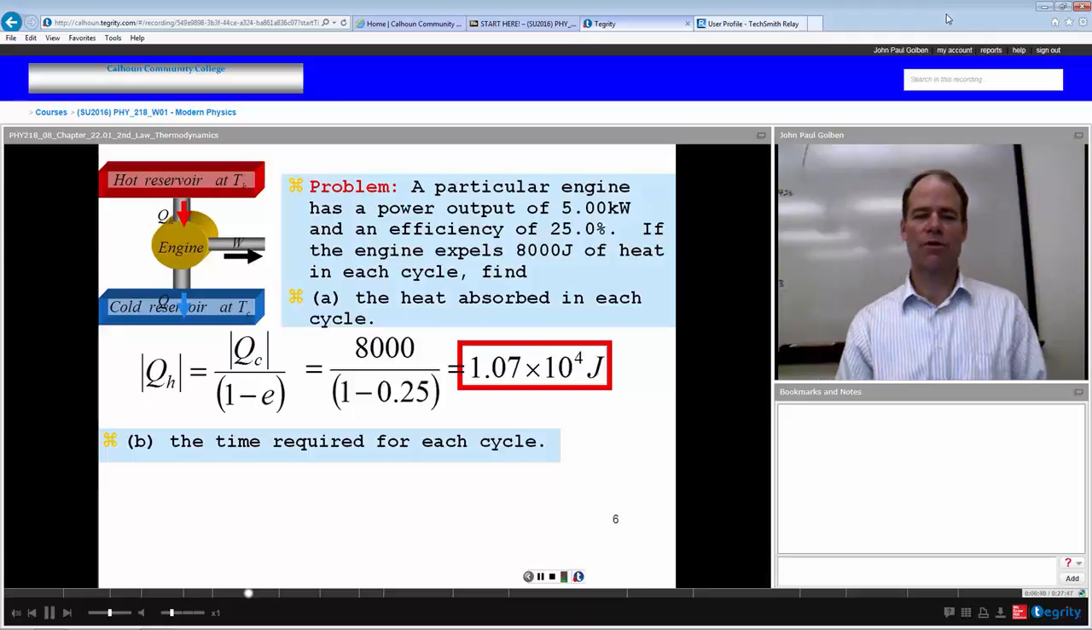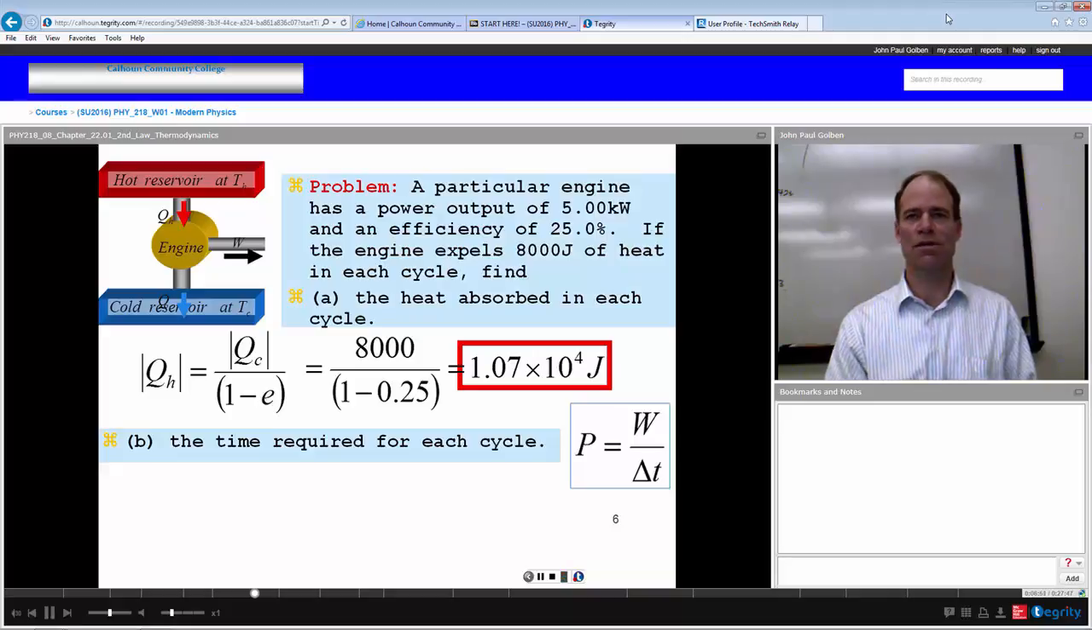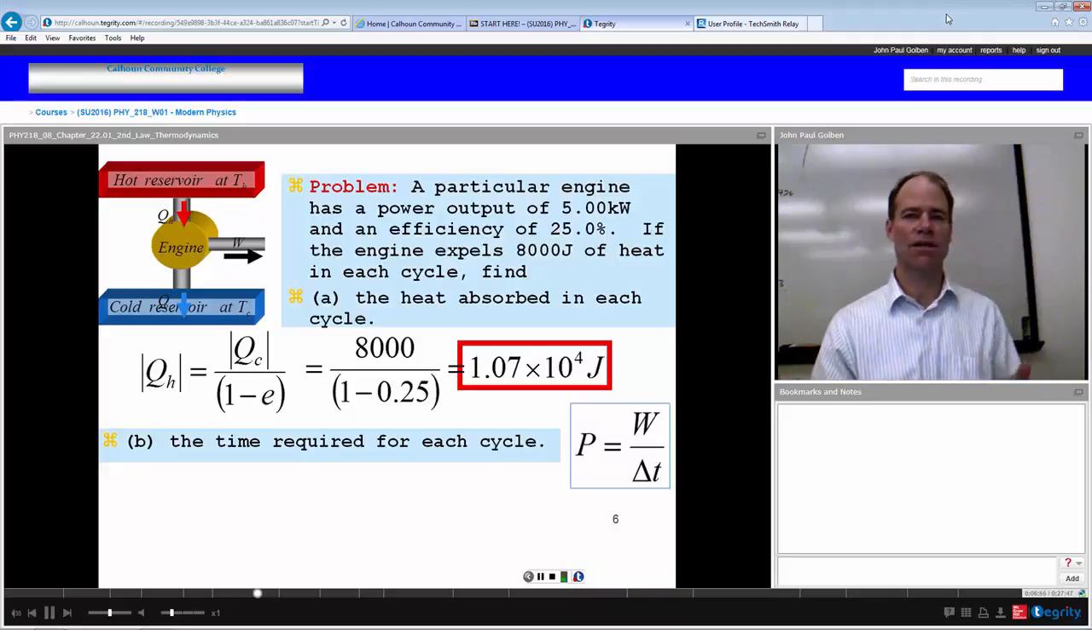What is the time required for each cycle? Well, we know if we have power, we're doing work per time. So by definition, power is work per time. So time would be equal to work divided by power. And if we're putting out 5 kilowatts, a watt is a joule per second, we would have that our time